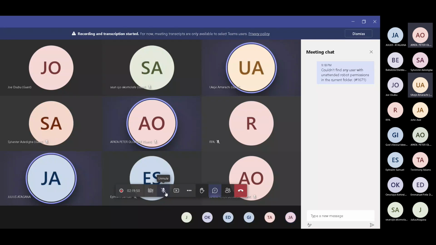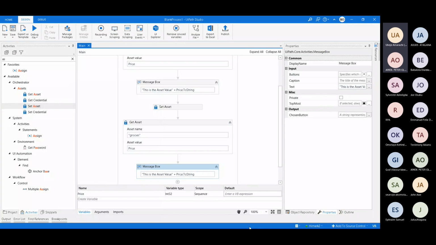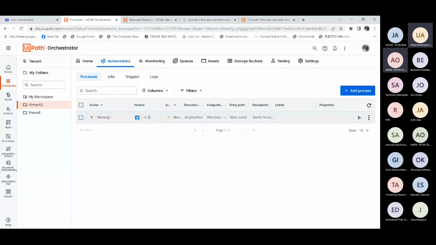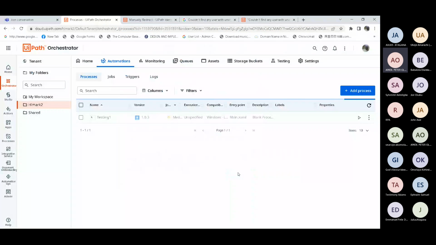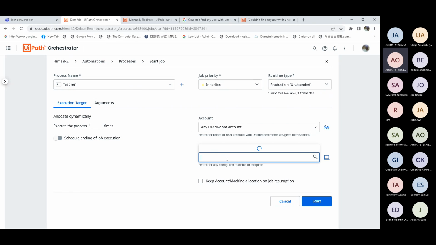Did you join with 2 devices? Let me check if I joined with 2 devices.